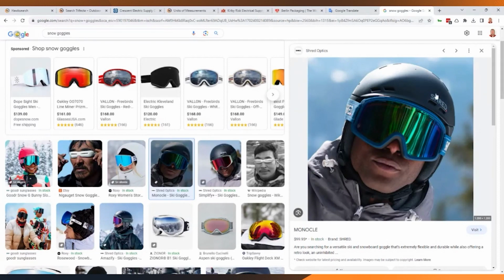We've got a head-on perspective of the snow goggles themselves, so we're not in profile. We're looking at this from a head-on perspective. We've also got other items in this. We've got a helmet that's being returned in here. We've got the jacket as well.